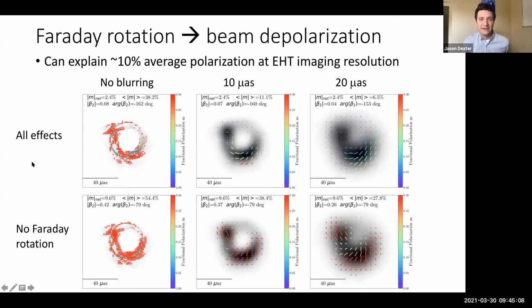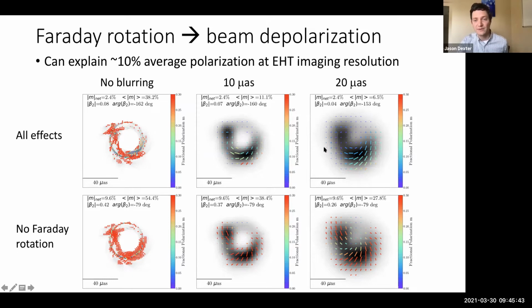The other thing is that we discussed earlier the importance of Faraday rotation, and I just want to show that here in some theoretical models that we use to interpret the data that I'll explain more in a minute. But basically, the statement would be that we observe this 10% average polarization at the EHT resolution, and we interpret that as being the result of Faraday rotation, this internal Faraday rotation effect, which then can scramble the intrinsic pattern. So in these images here, we're showing no blurring. The native resolution of calculating the images is in the left column, and then blurring it. So I'd focus on the right column, this 20 microarcseconds.